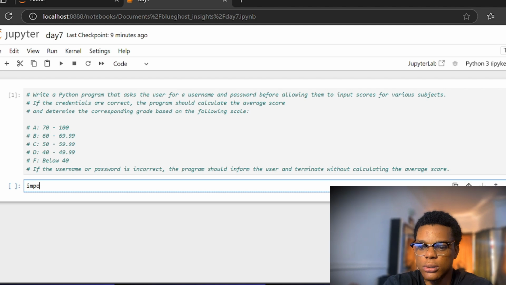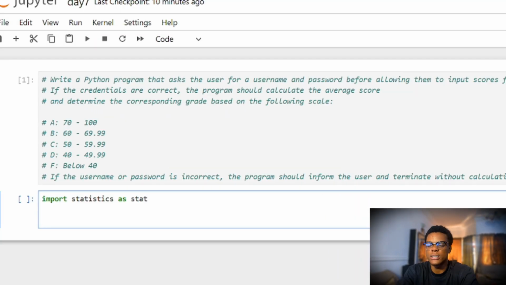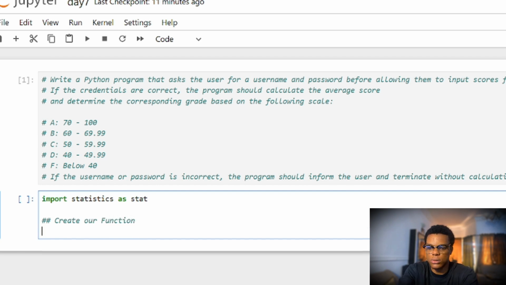So I'll say import statistics as sts. The next thing we're going to do is to calculate the average and everything with the password and the necessary things that are required. I would say def, so def, we're going to say calculate. The first thing is to create and write our function. So we'll say def